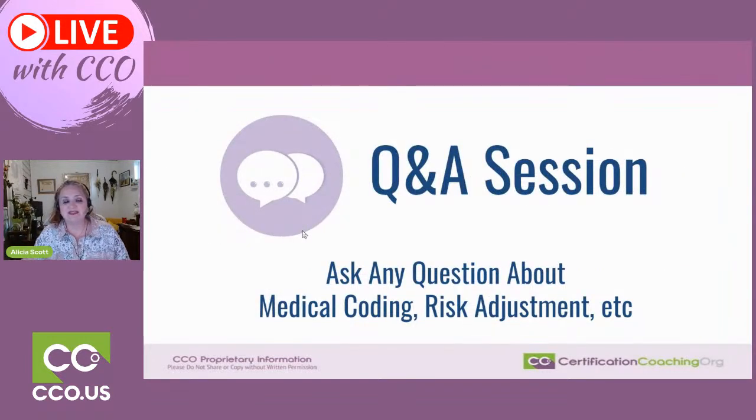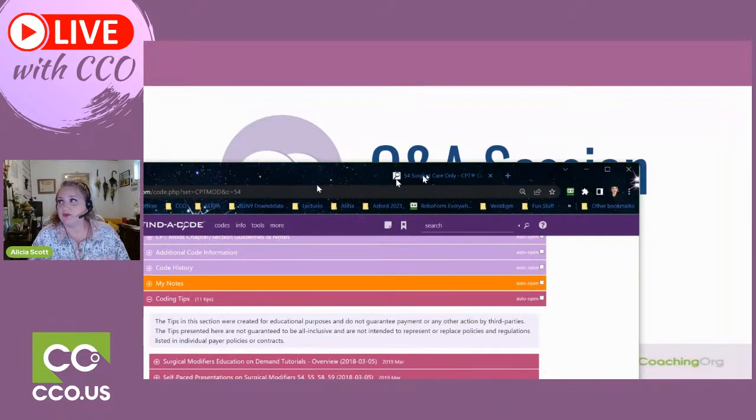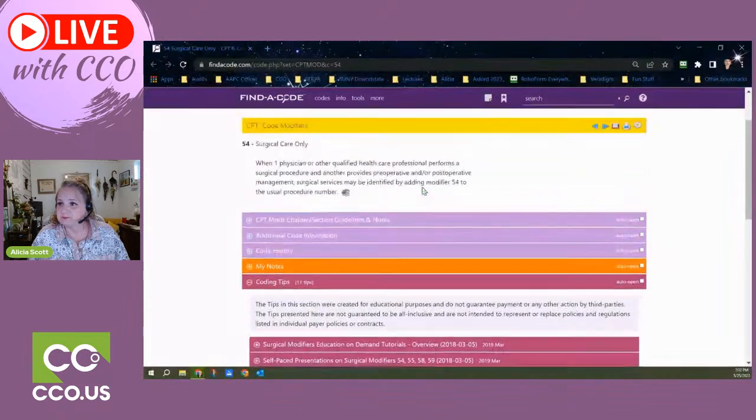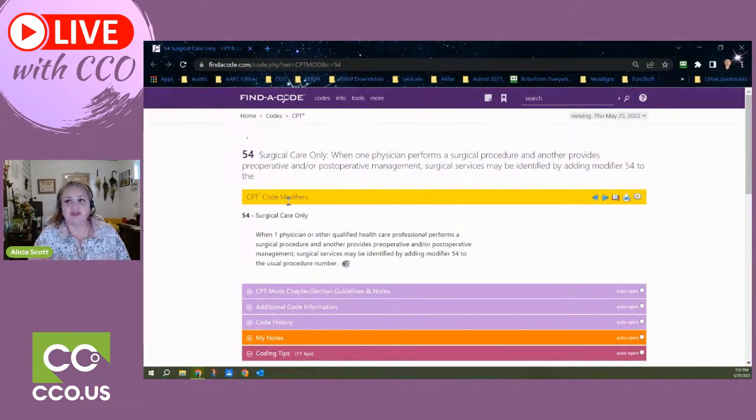All right, guys, this closes what I found regarding C-section and highlighting some of the areas that you may need to be aware of. I was able to get that modifier 54 to come up. Let me just bring that over now so it won't mess up my screen. And note that surgical care only, modifier 54, when the physician or other qualified healthcare professional performs a surgical procedure and another provider's preoperative or postoperative management, surgical services may be identified by adding a modifier 54 to the usual